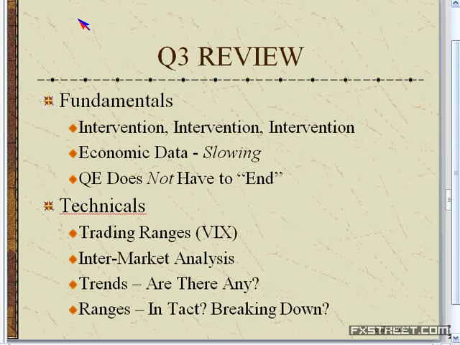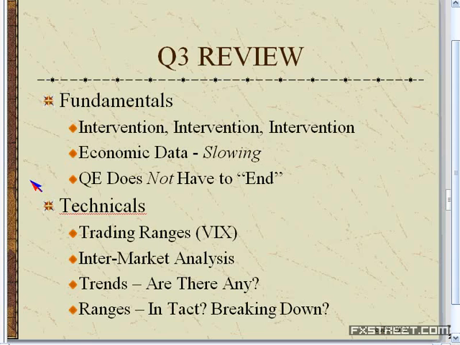So as long as the Federal Reserve and the central banks around the world are saying, we're here for you, and if things continue to get worse, we're still here for you, that's what I mean by QE does not have to end. Austerity measures, liquidity, quantitative easing, accommodative policy, whatever you want to call it, they do not have to end. The central banks can continue to intervene. That is not great for us as traders, but we have to be aware of it. So technically, what's going on with this?